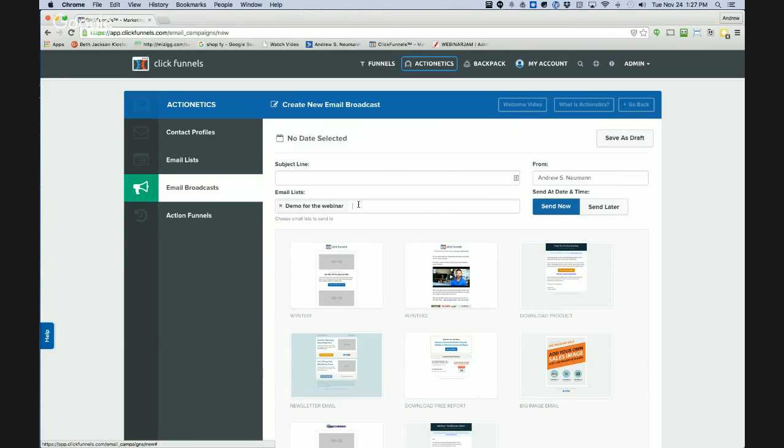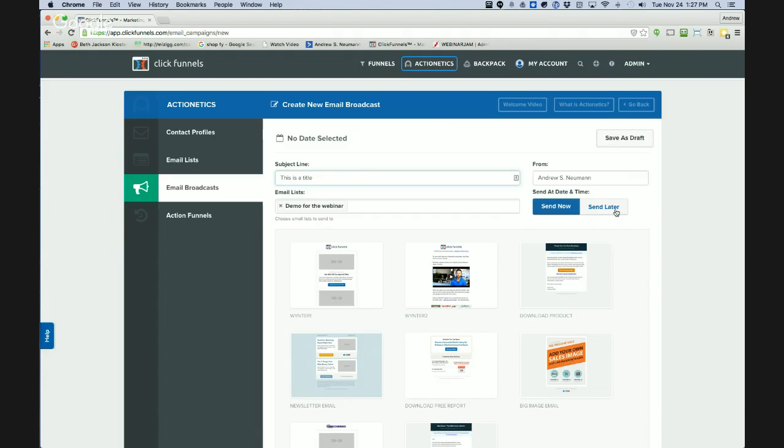So you want to make sure that the subscribers you're sending the broadcast to are only going to receive one. Make sure they're not subscribed to multiple lists. It could be a little bit challenging from time to time. There's no way to actually figure that out within the broadcast email, but we might have to look into that a little bit more. However, create a subject line and